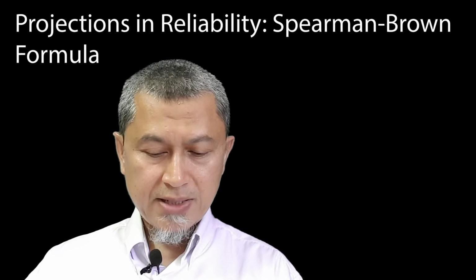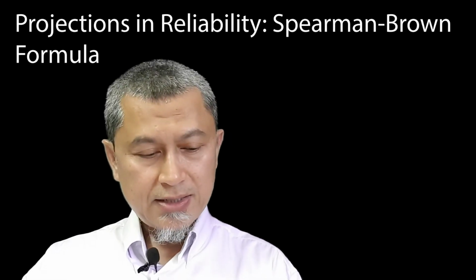Okay, so it may be well worth your time if you look up content specificity in the literature and read more about that. Now, the discussion goes on, and the author introduces another concept or another formula, the Spearman-Brown